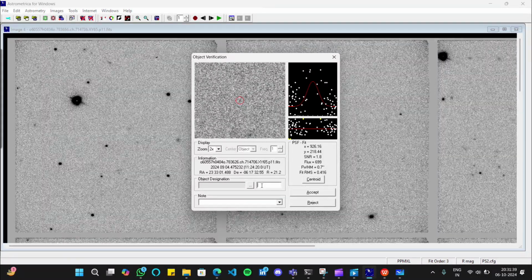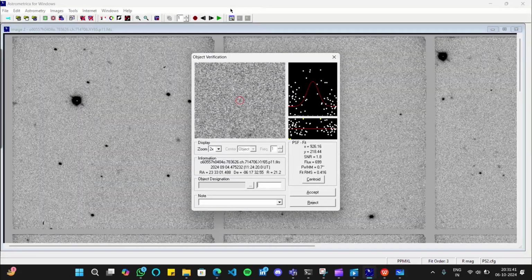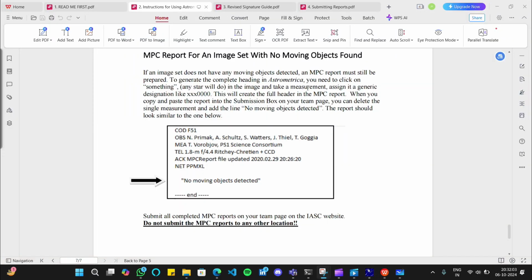I am giving you a default name. Wait a minute. I have opened the PDF for you. So the default name is x6640. Use this name always as a default when no asteroid is found, I mean no moving object is found.